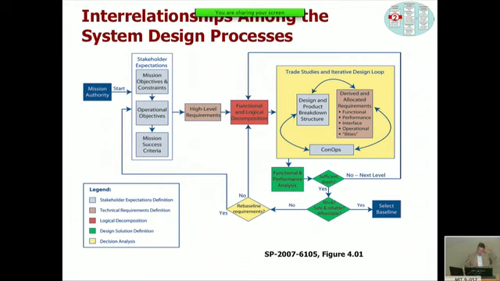Graphically, so this is figure 4.0.1. I briefly talked about this last time. We start essentially here at the development. We have mission authority. We do the stakeholder expectations. Talked about that last time. And then here, right away, comes high-level requirements. So that means your level 0, level 1 requirements.